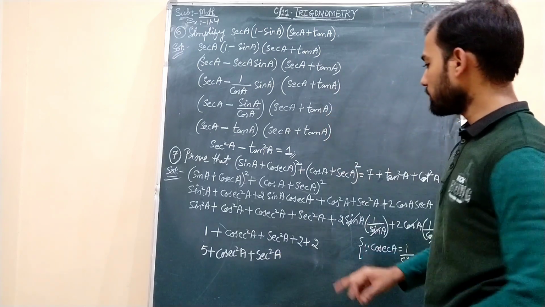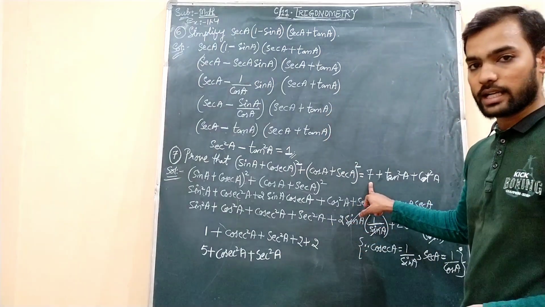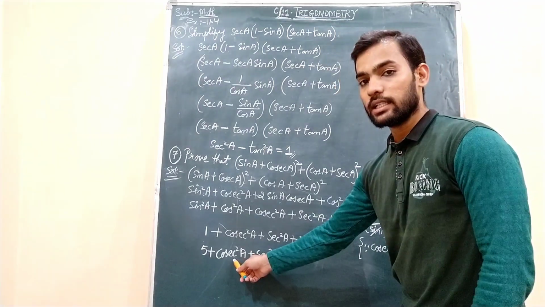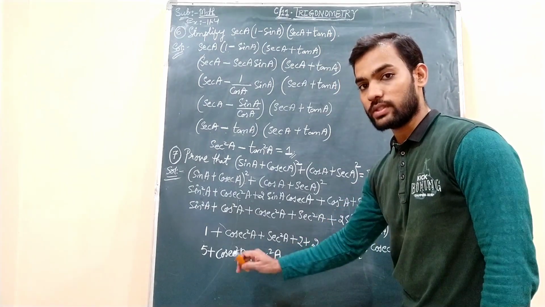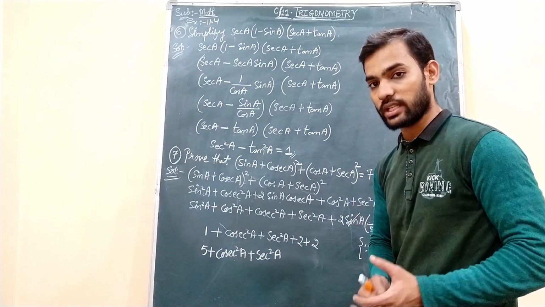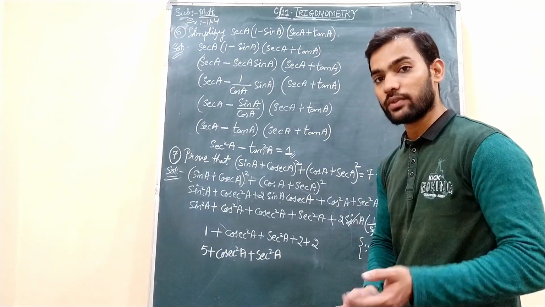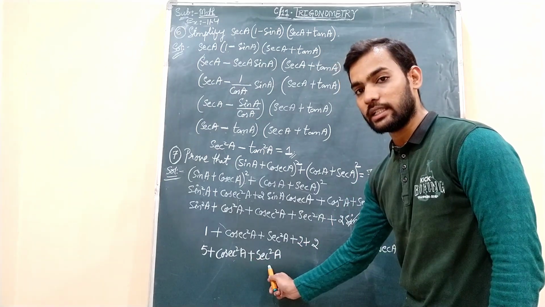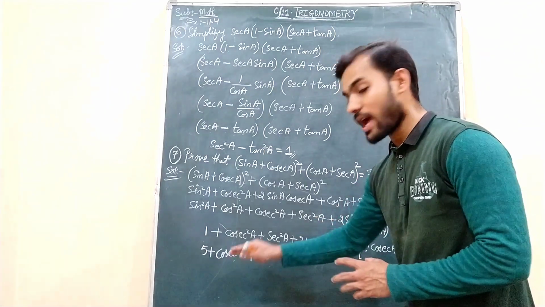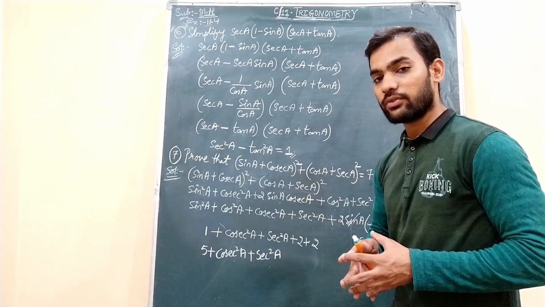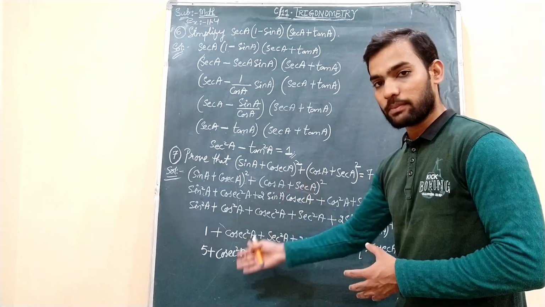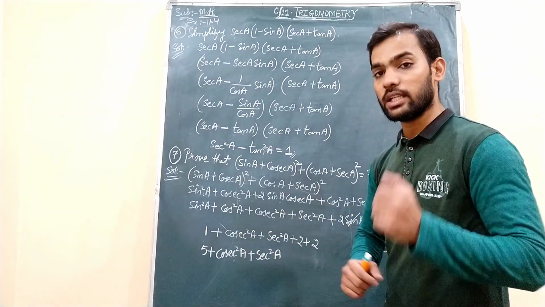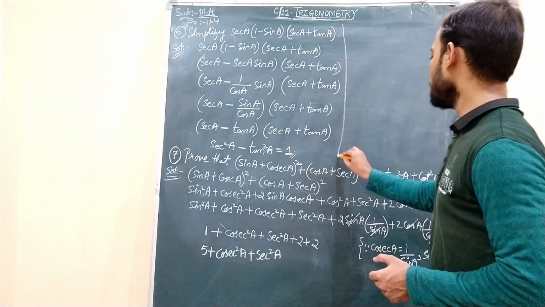But when you see the proving part, you should get 7 on the right hand side. So what we need to do: cosecant square A along with cot square A is there in this identity, and secant square A along with tan square A is in this identity. This is identity number 3 and this ratio will be present in identity number 2. So these values we need to get from those identities. Then when we replace these using those identities, definitely you will get 7. Okay, that we will see now.